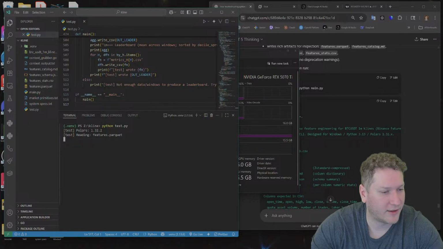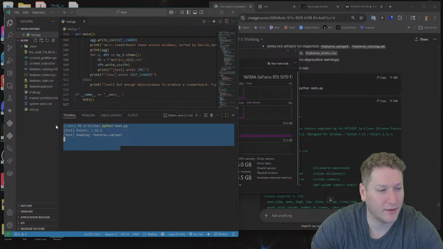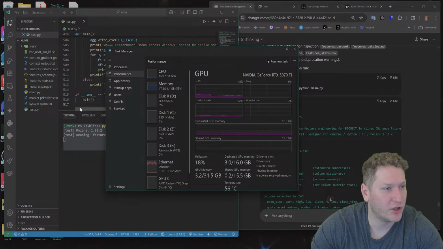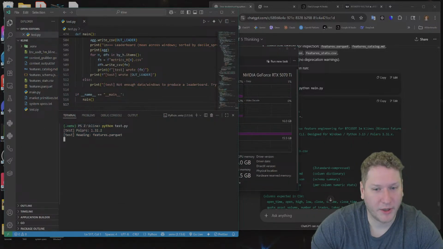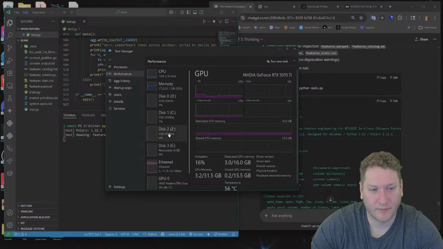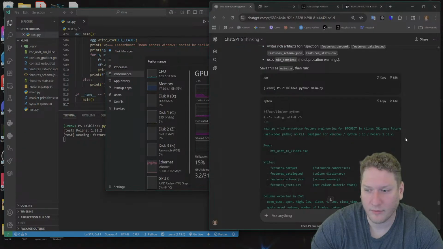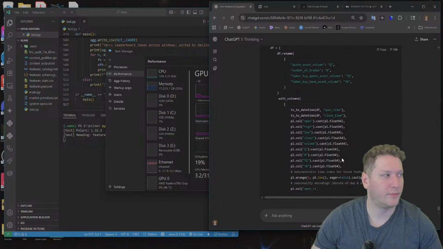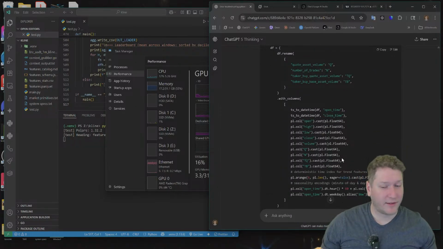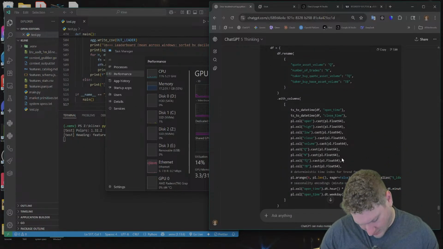Now I definitely want some sort of indication: is it working? Like, when will it be done? It could just be hung up and I would not know. Just wait a little bit, see if this is gonna work out. Is that working? Okay.